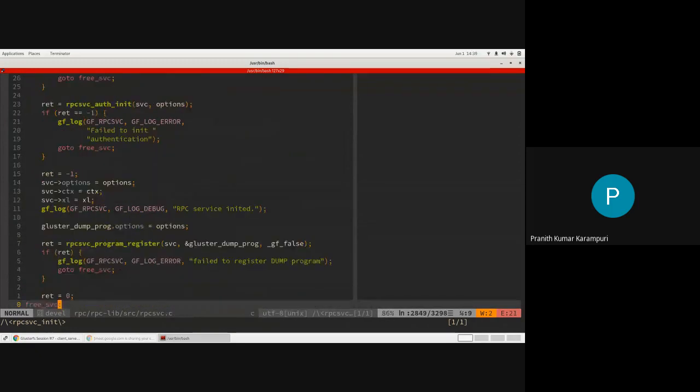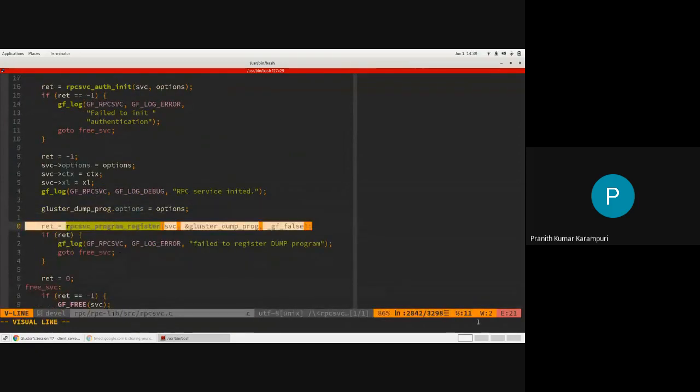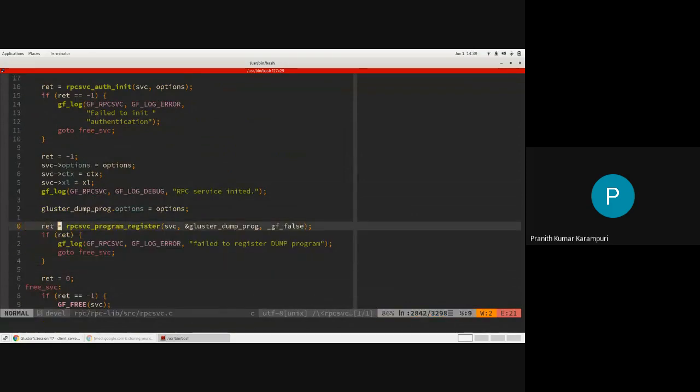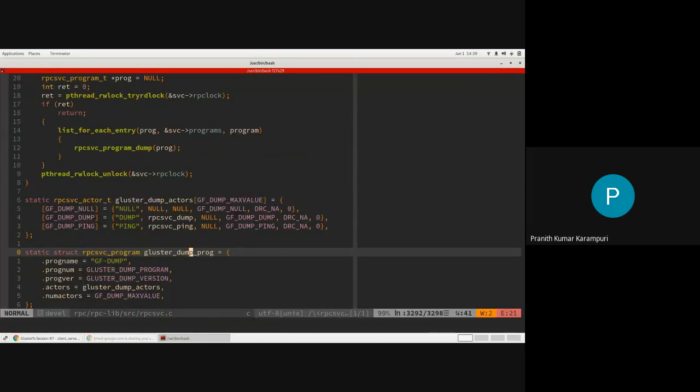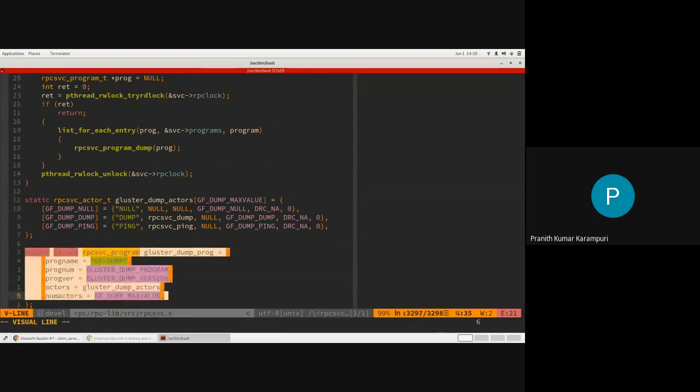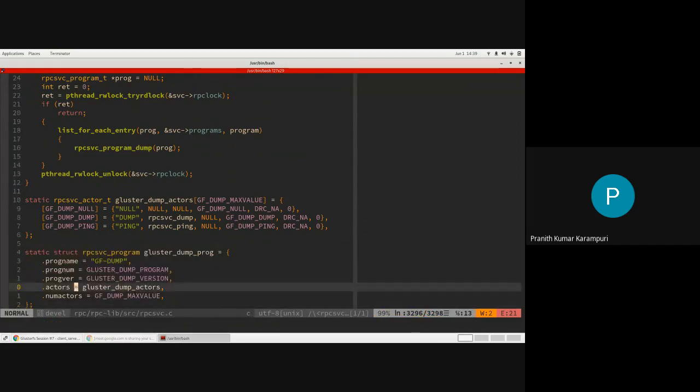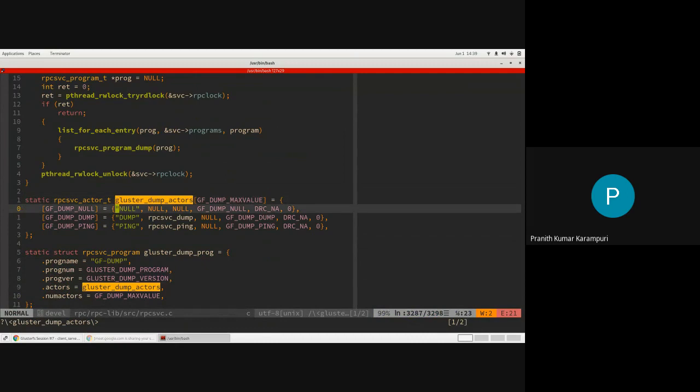Once that part is complete, this is the first program that is getting registered, which is called the dump program. We'll just try to look at what exactly is in this. So this is the program, and the actors that we have are these.